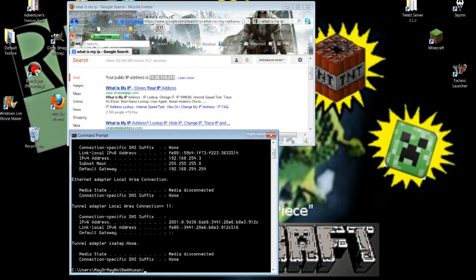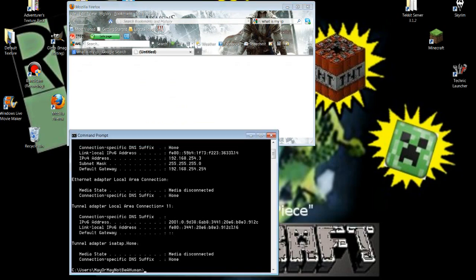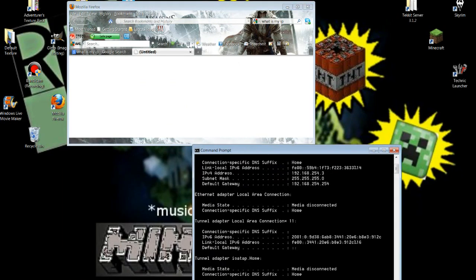Alright, so this, you need to remember this, you need to remember your default gateway, and you need to remember your IPv4 address. And I've tried to specify this as simply as possible because I know port forwarding is something that can be confusing. Now, the reason this is important is that